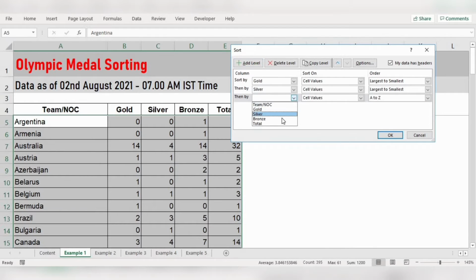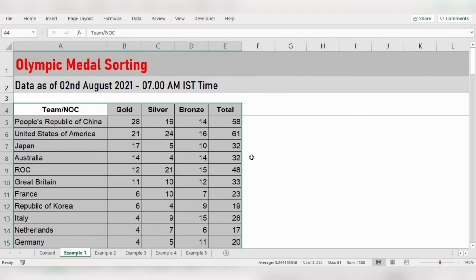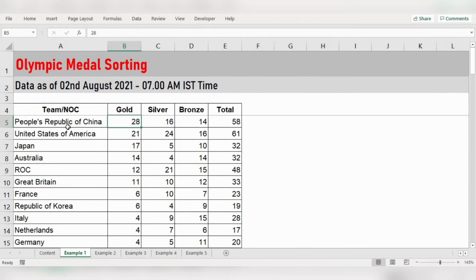Then add another level, bronze, we are going to sort largest to smallest. Then finally, if all are the same, we are going to sort the name A to Z. Okay. Now you can see our result. So China on top, then next to that America, USA, then third Japan.